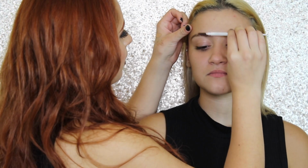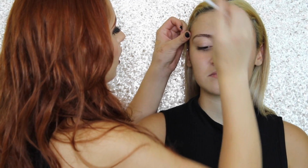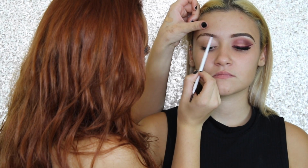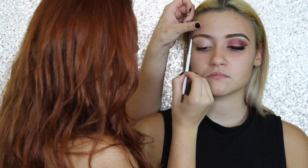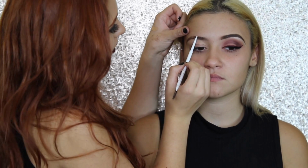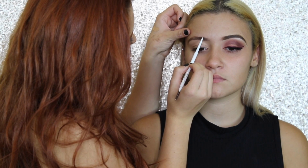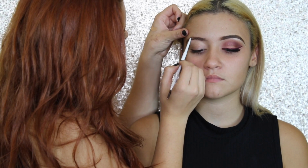So first I'm gonna be doing her eyebrows, and we're gonna start by brushing them. I'm gonna be using a ColourPop pencil, and we're gonna make slight strokes to get the shape of her brow. I'm gonna be overlining her eyebrows just a teeny bit. Okay, and now I'm gonna be grabbing